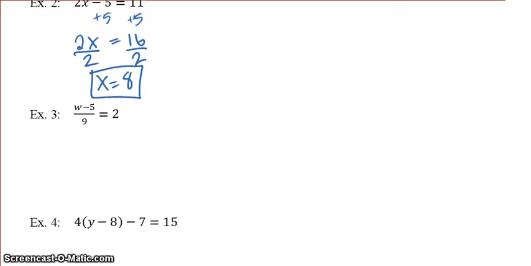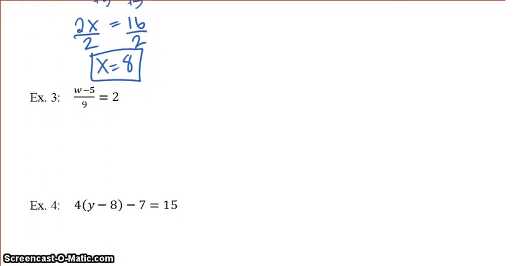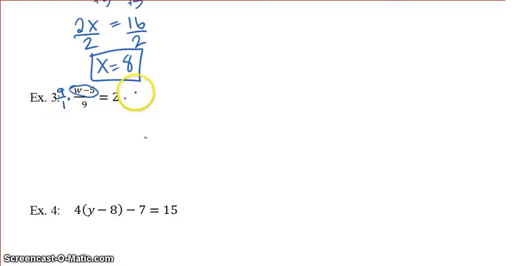Now, we have a fraction bar. This gets a little bit more intricate, because we can't add this 5 until we split up the numerator and the denominator. Okay, they have to be separated. So this is linked together until we get rid of that 9. So I'm going to multiply by a 9/1, right? A 9. So really 9 on both sides. So those 9's cancel out. And we're left with w minus 5 equals